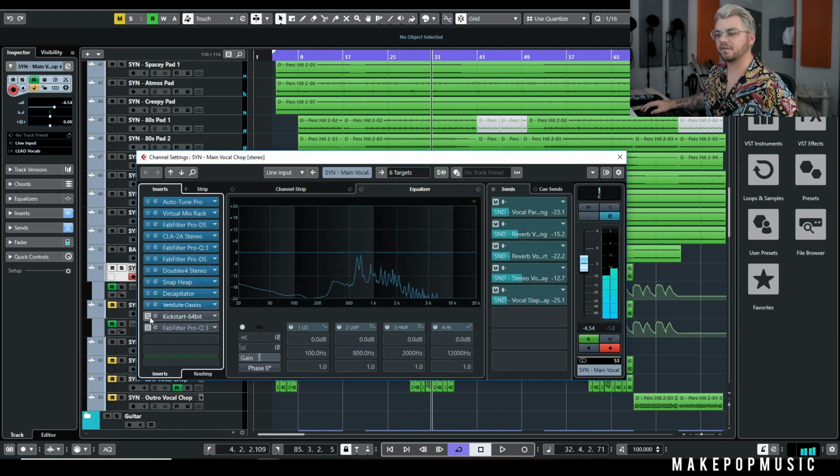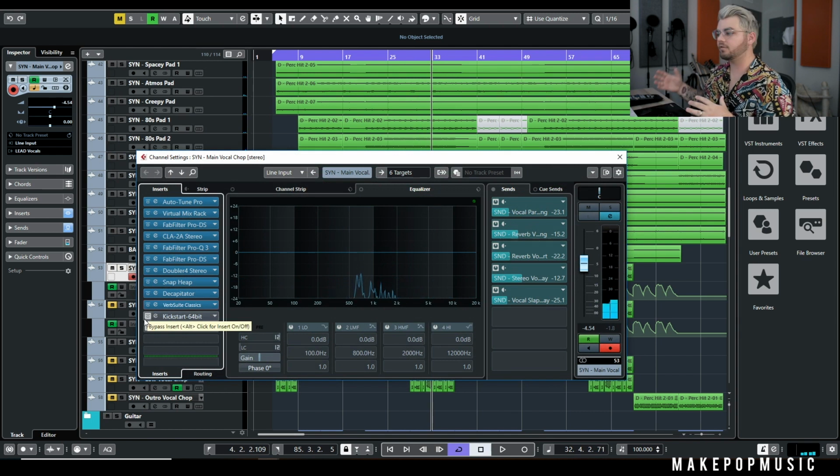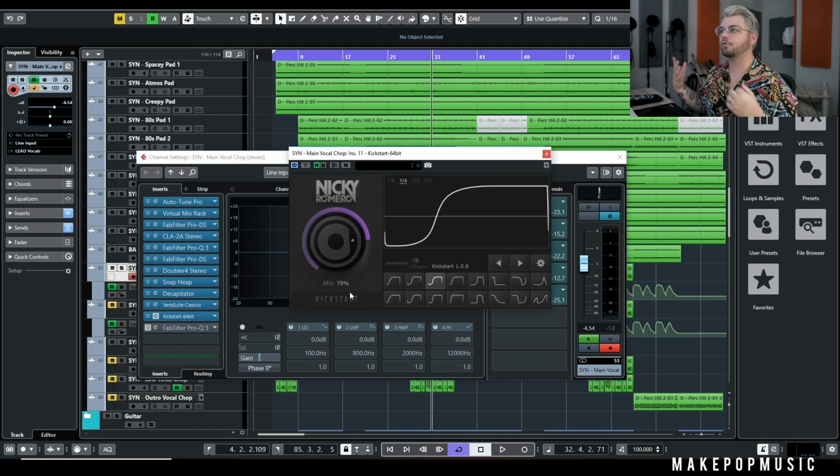So it's just adding a little bit of extra width and depth. You know how I like using my reverbs for width, depth, and character. And to me, this is kind of doing all three. Another really, really important part is, since we have a 4 on the floor,